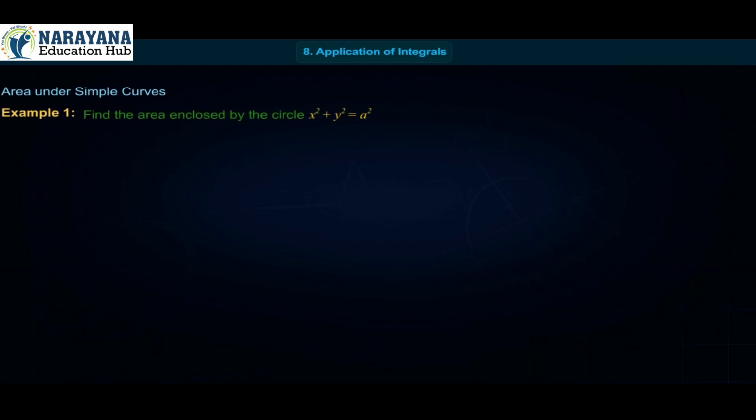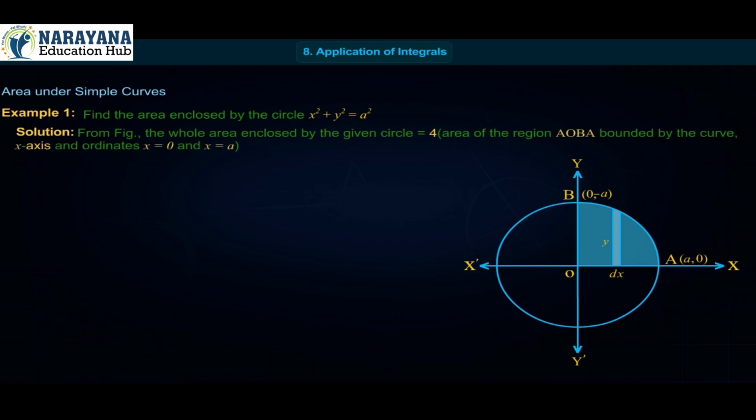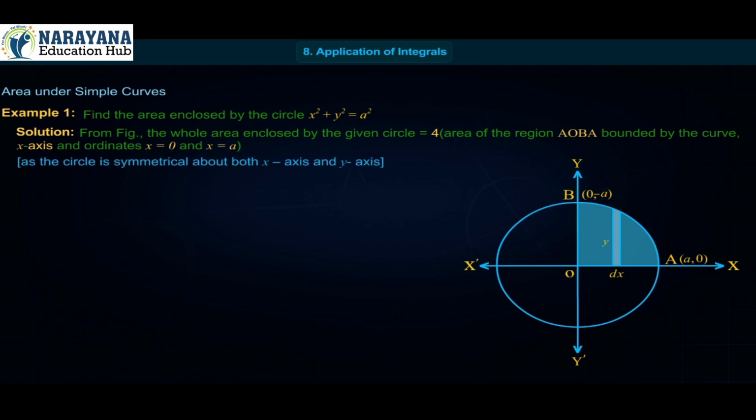Example 1. Find the area enclosed by the circle x² + y² = a². Solution. From the figure, the whole area enclosed by the given circle is equal to 4 times the area of the region AOBA bounded by the curve, x-axis and ordinates x = 0 and x = a. As the circle is symmetrical about both the x-axis and y-axis, it is